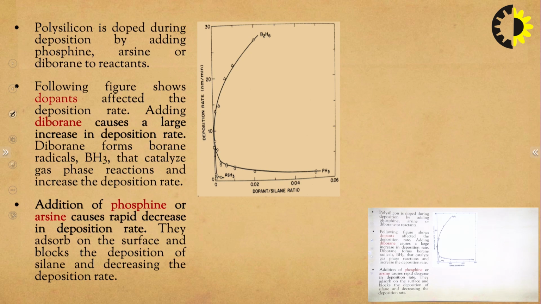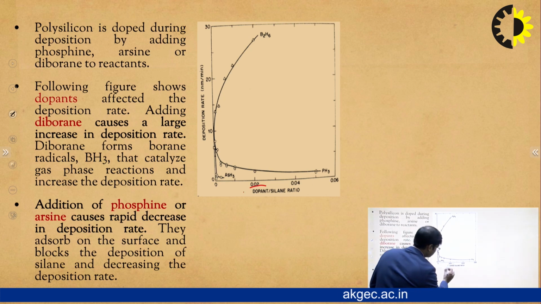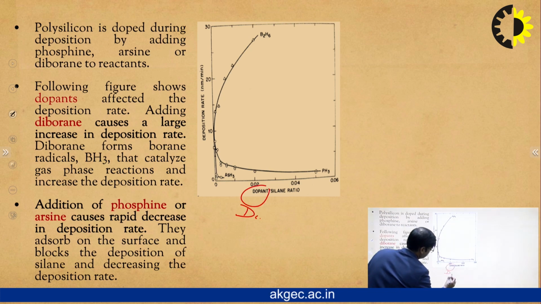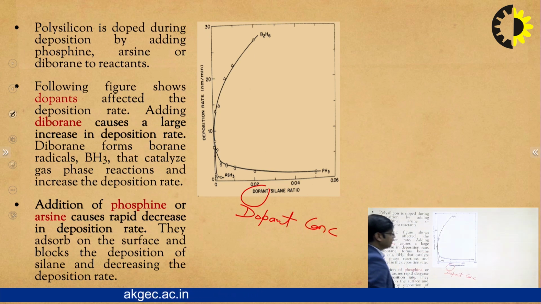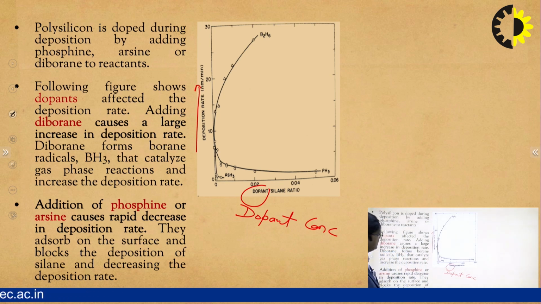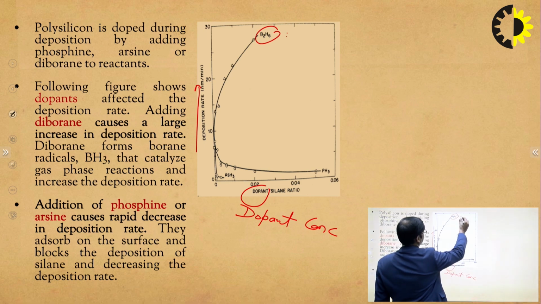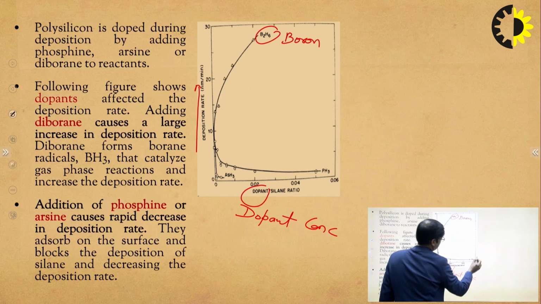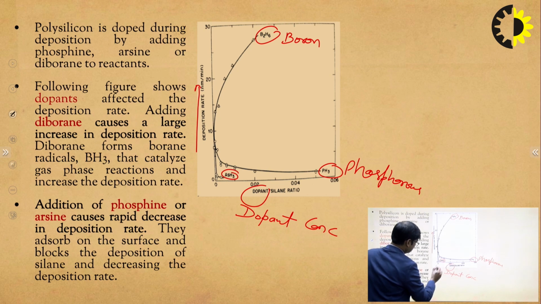Now, here in this figure we are expressing the relationship between dopant concentration and deposition rate. How does the dopant concentration affect the deposition rate? Here we can see we have taken an example of 3 types of dopants. This is boron, here it is phosphorus, and this is